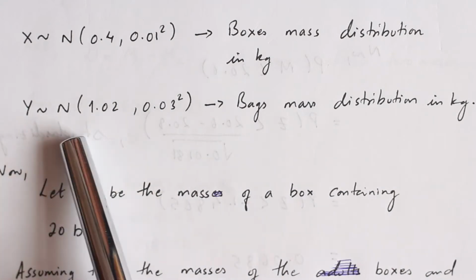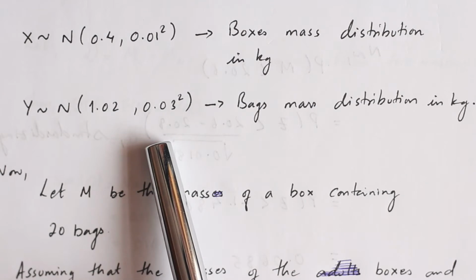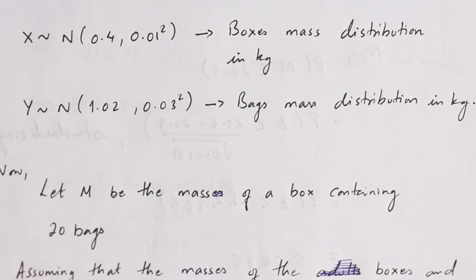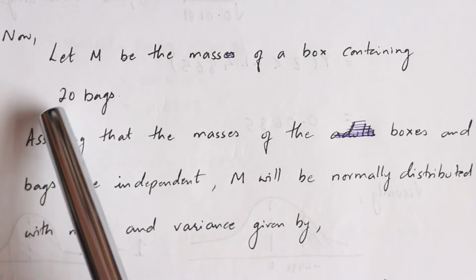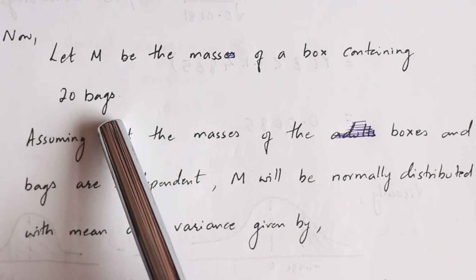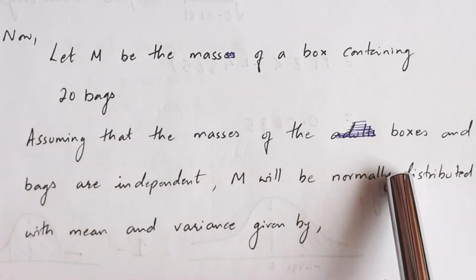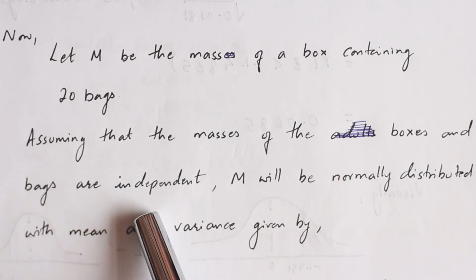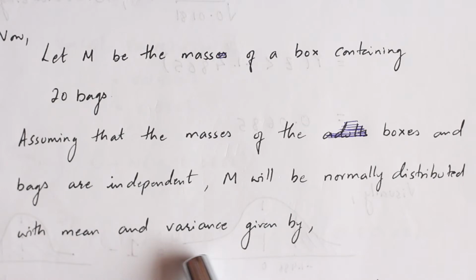It's also a normal distribution with mean 1.02 and variance 0.03 squared. Now let M be the mass of a box containing 20 bags. Assuming that the masses of the boxes and bags are independent, M will be normally distributed with mean and variance given by